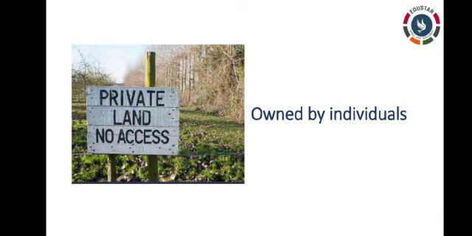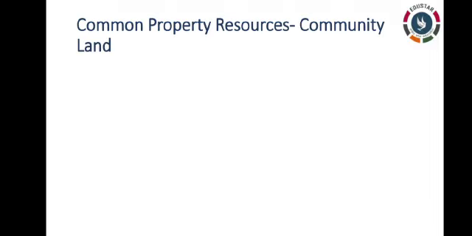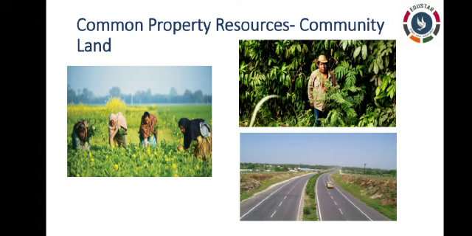Like that, community land is also called common property resources. That is, collection of fodder and medicinal herbs by the common people from the common land. The best example is roadways. It is not used completely by a private person. It is used by common people. So we call it common property resources. And community land is managed and controlled by the municipal corporation of that locality or the panchayat of that particular village area.